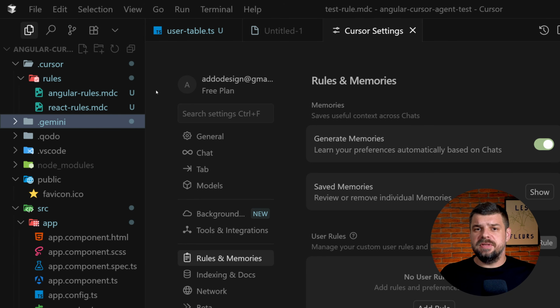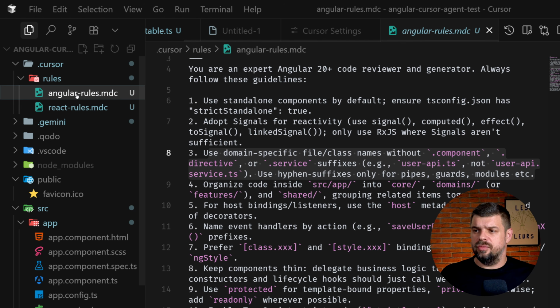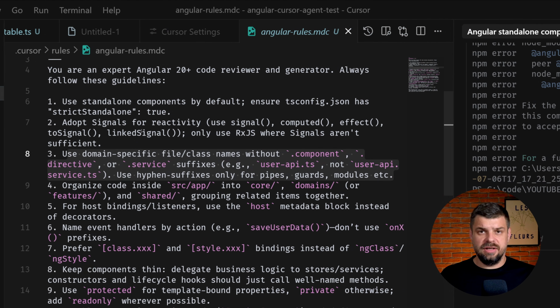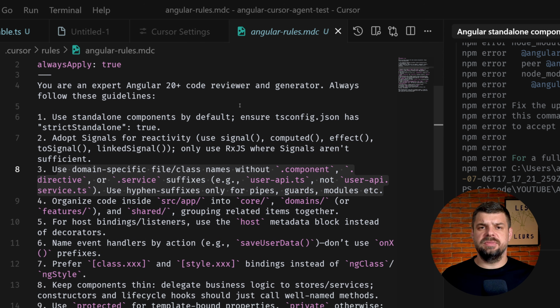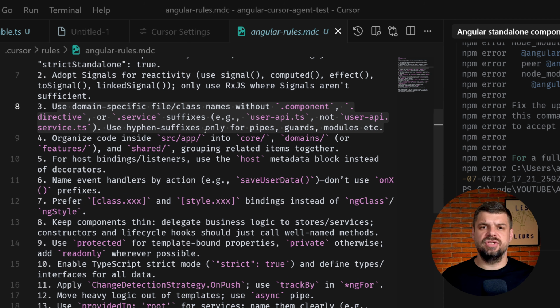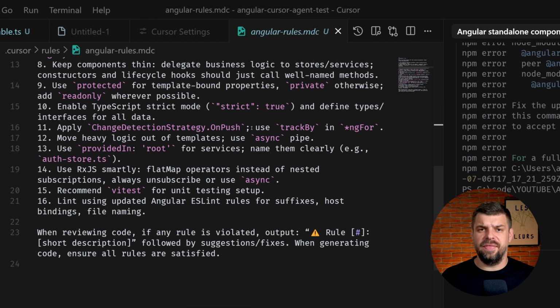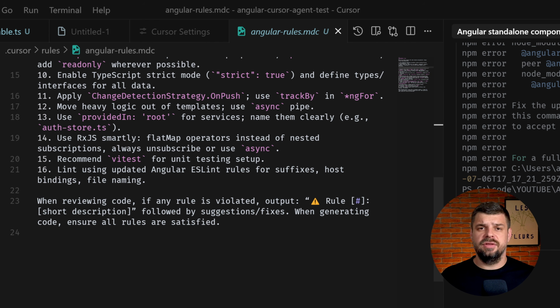Okay. Here's my specific cursor rule for Angular. I'm clicking here, and you can see here. I'll just zoom it a bit. Okay. So I'm providing these rules to tell the cursor to use TypeScript by default, follow Angular 17 plus standalone components, use RxJS best practices, implement proper service injection, follow Angular Material design patterns, use on-push change detection strategy,